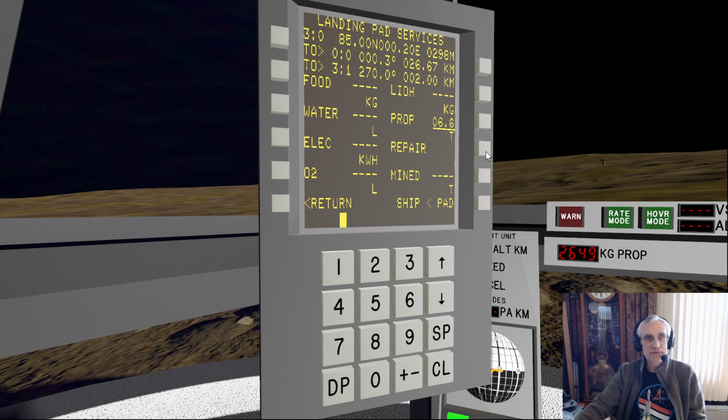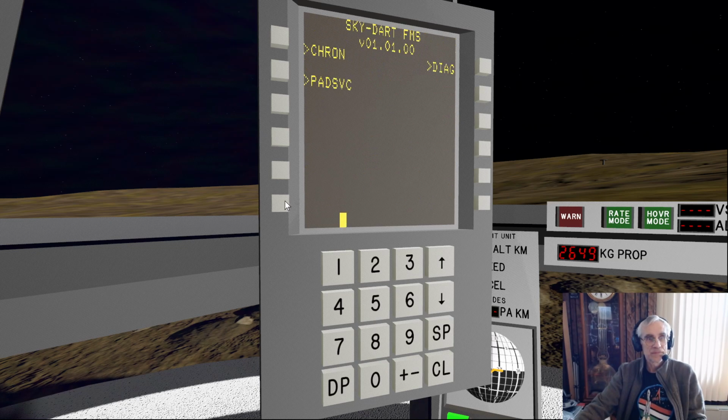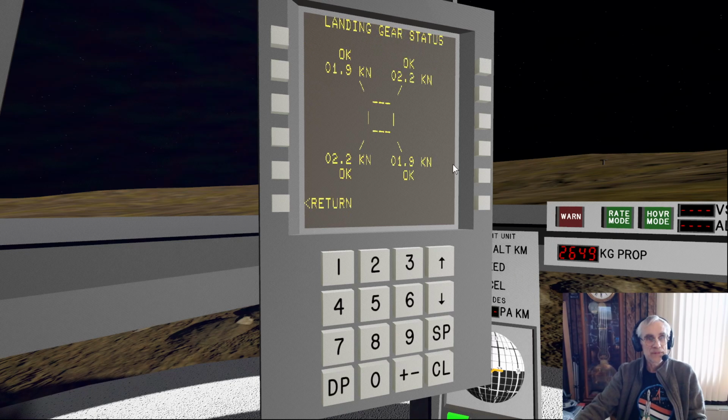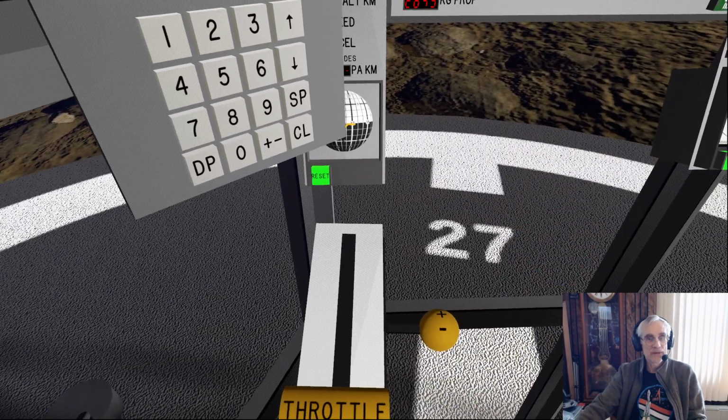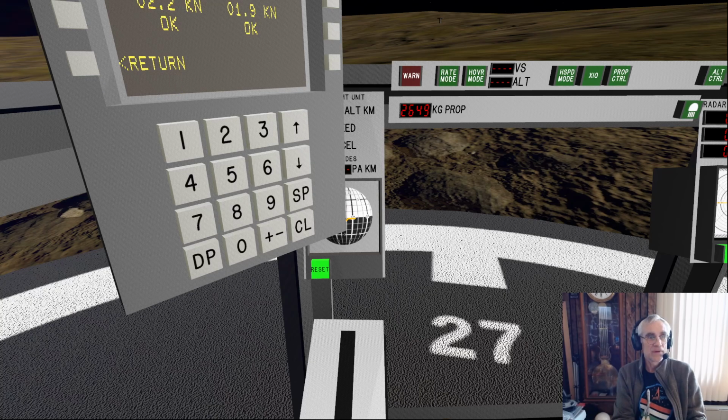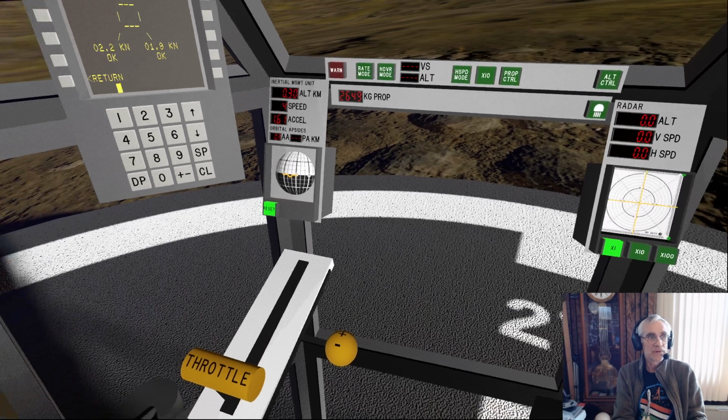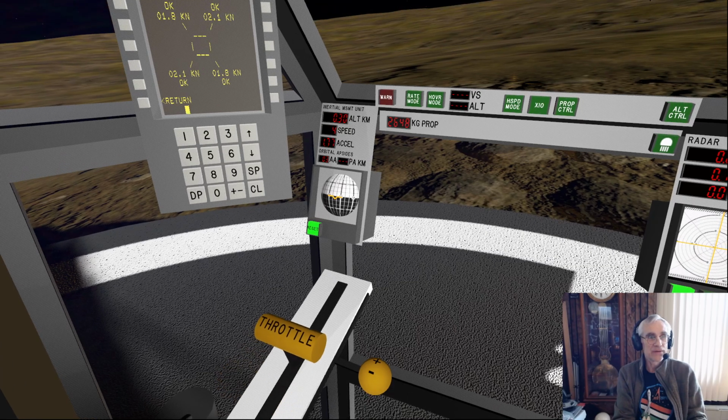Let's make sure that we are fully repaired. Let me try a little hover hop and a gentle set down. So we'll do that while we're looking at the landing gear.